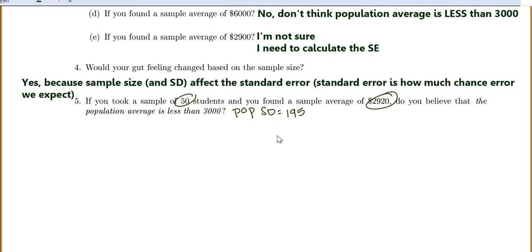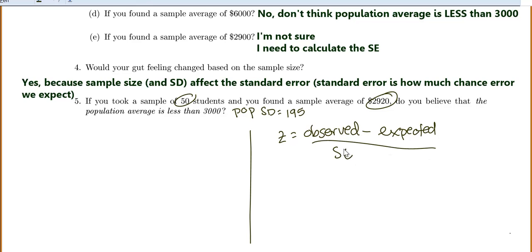Then at this point, let's think about a few things. So we said the z-test statistic is always our observed value. So z is always observed minus expected